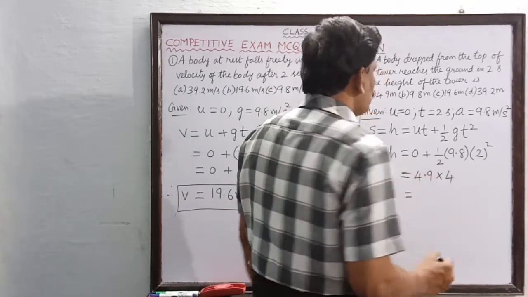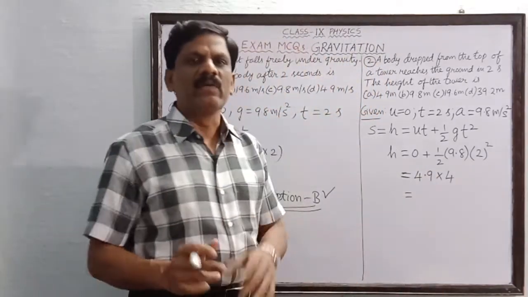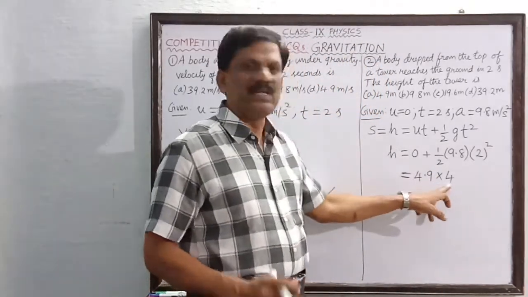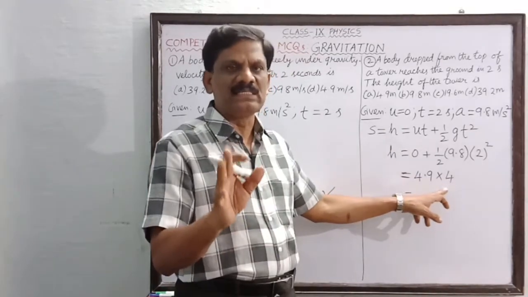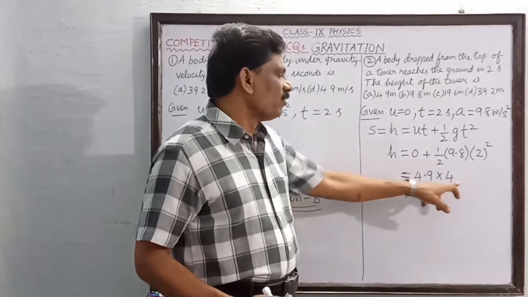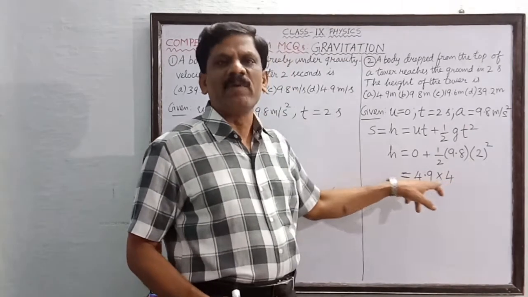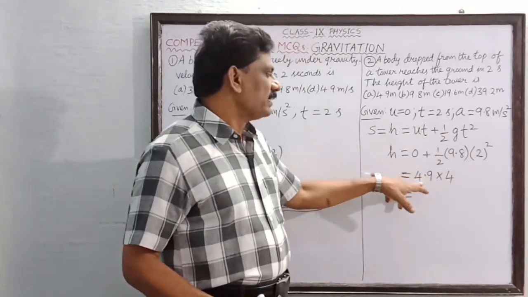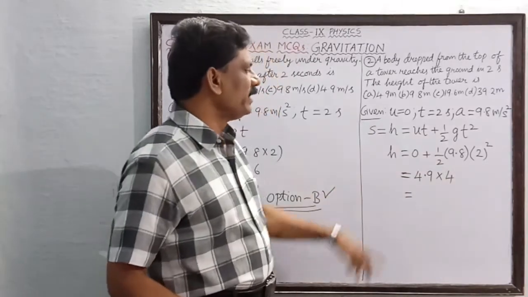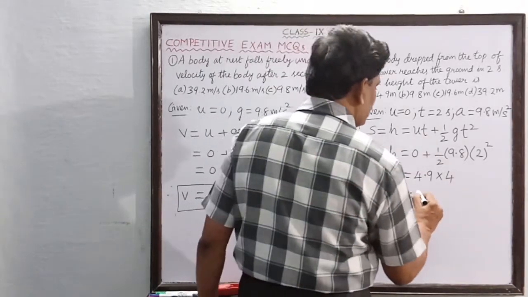Roughly how to calculate? 4 into 4 is 16, 4 nines are 36, so 0.9 into 4 is 3.6. So 16 plus 3.6 must be equal to 19.6. So this is equal to